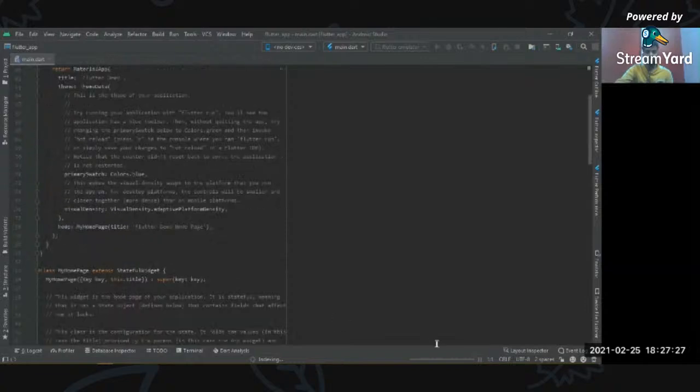Let's wait for the indexing process to complete, and then we will be seeing our first Flutter application.